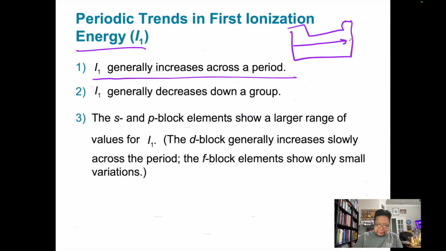Whereas things over here, like the metals, like the group one, group two, they're ready and willing to lose those electrons to get down to their full electron shells, and so they have very low ionization energy, so they can just readily get rid of those electrons. And then the first ionization energy generally decreases as you go down a group. So that means as you go down a group, so let's go down a group like that, it decreases, which means that